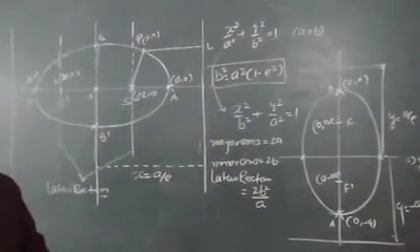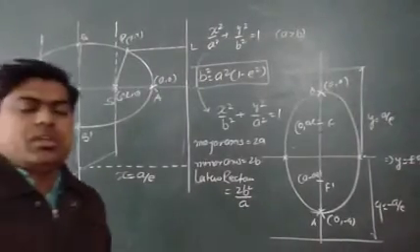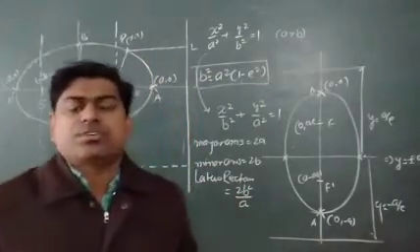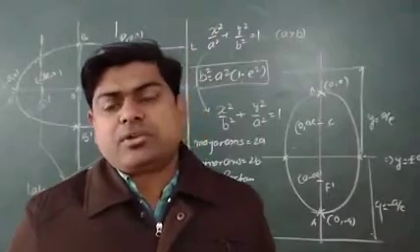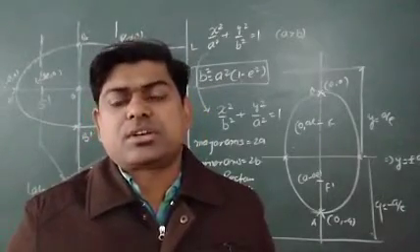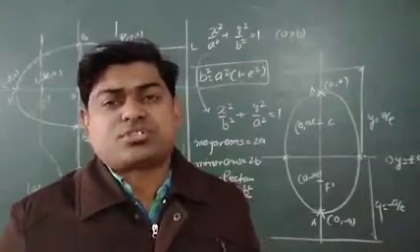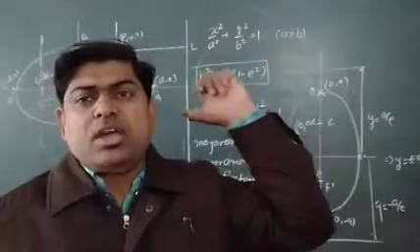Actually, you can see that if I interchange a and b, which means I have changed the equation of the ellipse, then the rest of the things will be the same. But if I do not change the equation of the ellipse and we take the cases a is greater than b and a is less than b, then all the rest of these things will be changed. Everywhere wherever we have a, b will come.